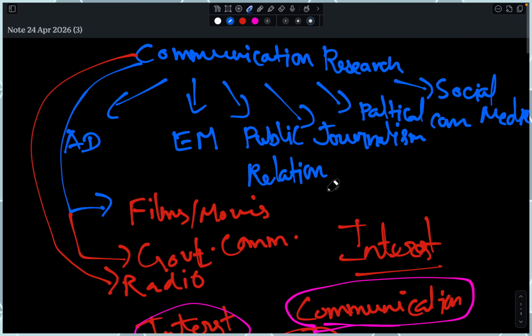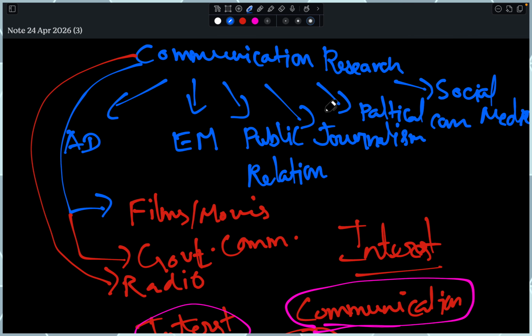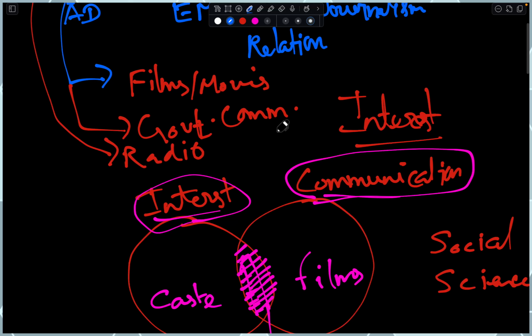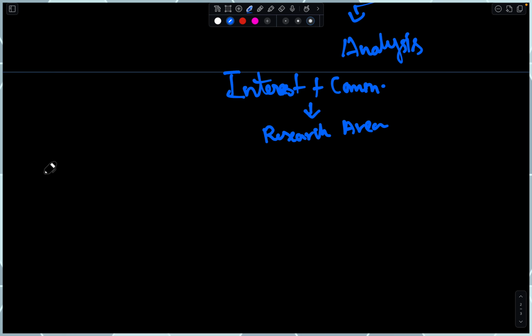But communication research is an interesting area to pursue your research in, and it is very useful for the public, especially in current times, where the way they communicate is taking much more importance than what is being communicated, or how political parties are trying to cheat the public using different methods, right?